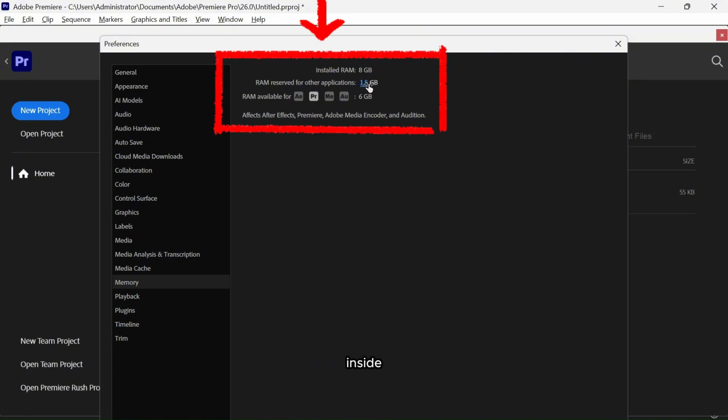Click directly inside the numerical input block next to that option and type the lowest possible number allowed by your system layout. This instantly drops your background reservation down to a tiny fraction, handing the rest over to Adobe. Check the adjacent metric label to ensure the RAM available for Premiere Pro line instantly scales up to your maximum